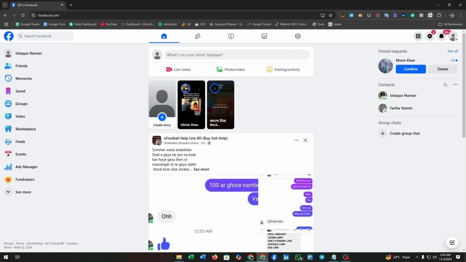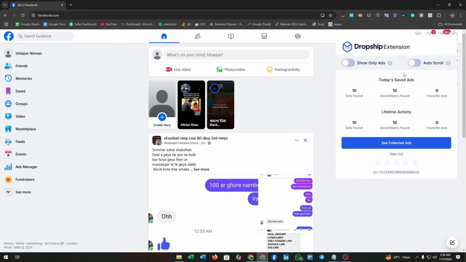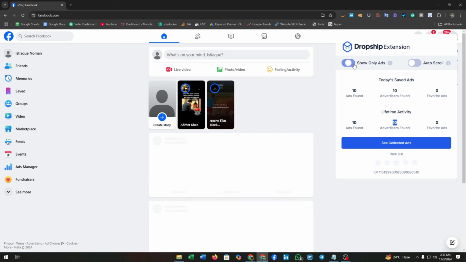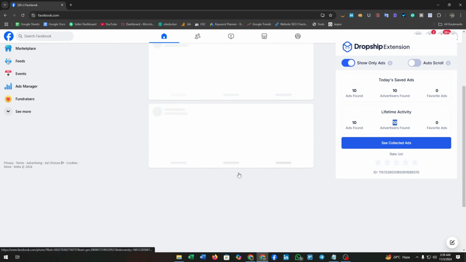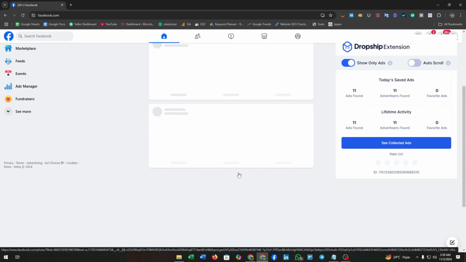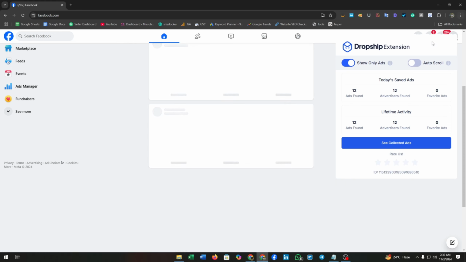After disabling all your ad blockers that are added to your extension library, you can just click on this dropship.io icon and you can see this is now working properly. This will show you today's saved ads data like ads found, advertisers found, and also the lifetime activity. And the most powerful feature is the show only ads feature. Just turn this on to see all the ads connected to your dropshipping products that your competitors are using, and